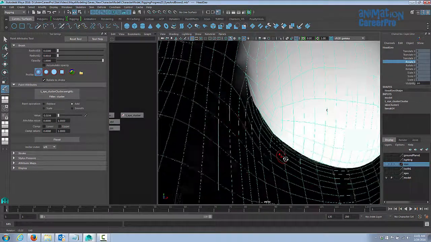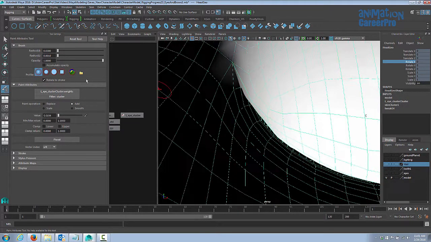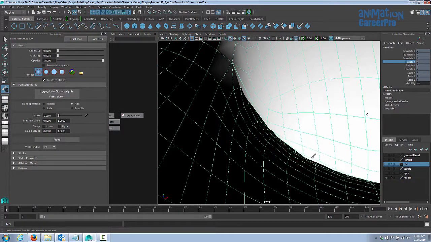Okay, and I can see I have a tiny little gap here, so we're just going to pop out a couple of these vertices with our add function on a very low value setting, and I'll turn our brush up a little bit. We'll increase the size of our brush a little so I can affect 2 or 3 vertices at a time. I'm just going to pop these out a little just to get that eyelid to close.